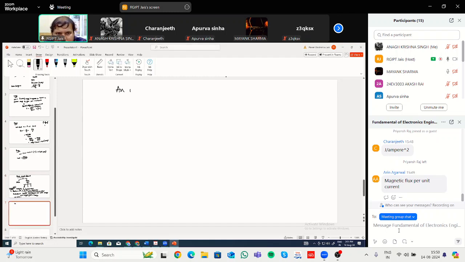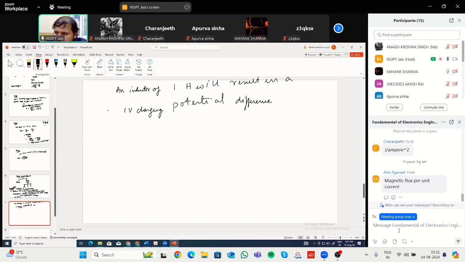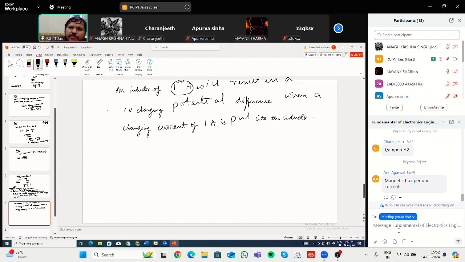An inductor of 1 Henry will result in a 1 volt changing potential difference when a changing current of 1 ampere is put into the inductor. So that is 1 Henry. An inductor of 1 Henry will result in a 1 volt changing